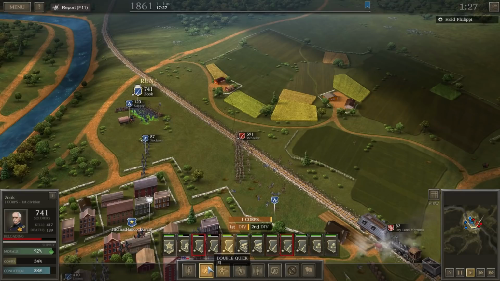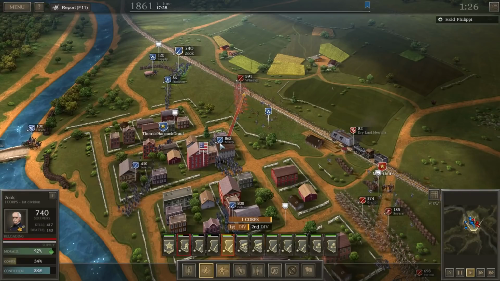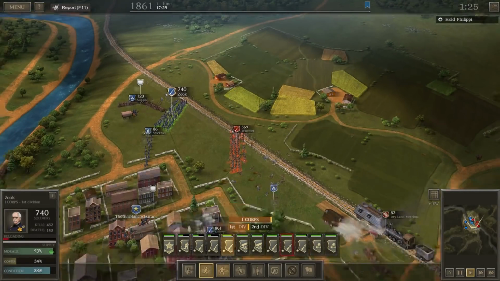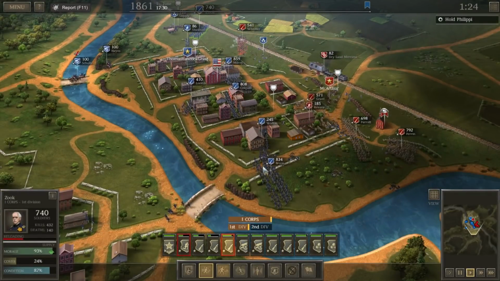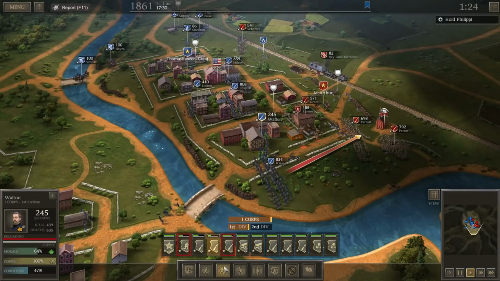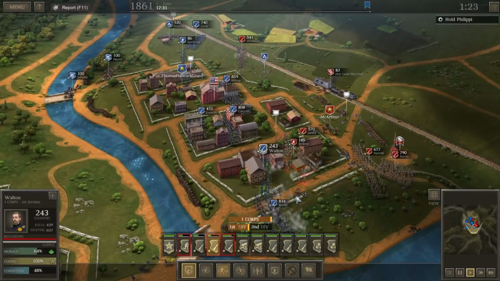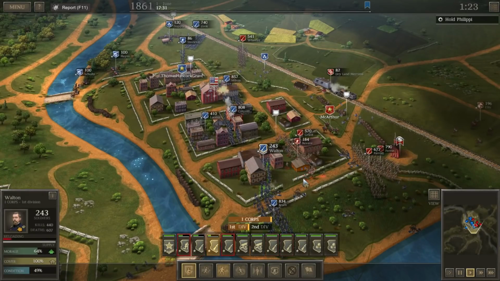Reface and engage this guy. There you go. Doing some... no, don't charge. Just stay there and shoot. Okay, so the Rebs are charging us. Do we have a hold button? There we go. Hold. Hold at all costs. I know you're heavily outnumbered and being charged, and you've already been ravaged with more than 600 casualties, but we